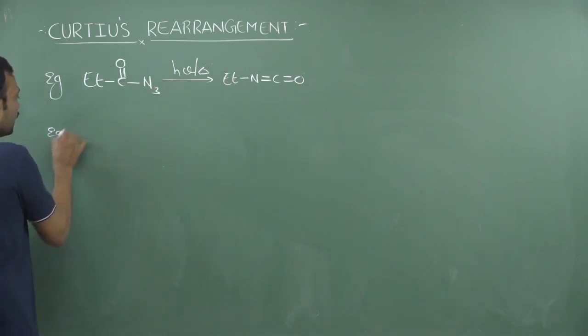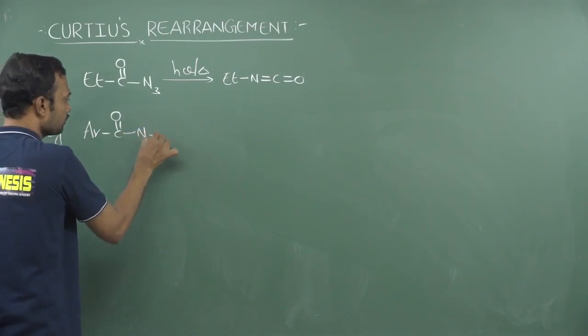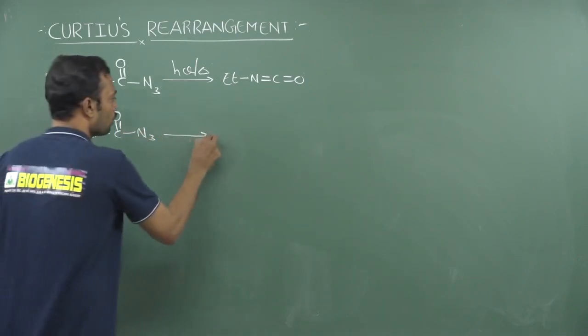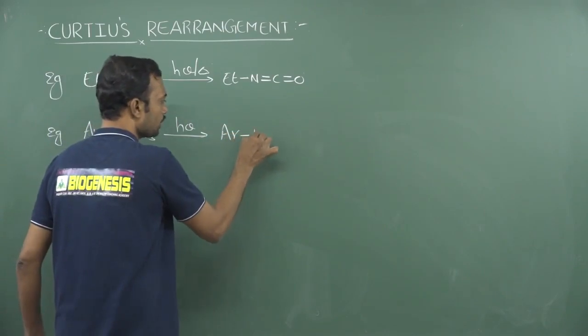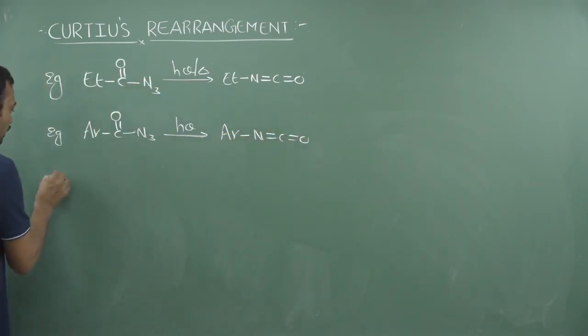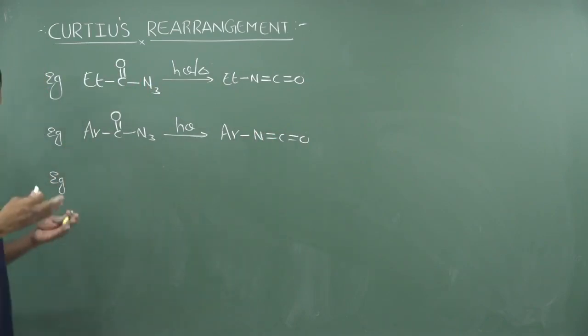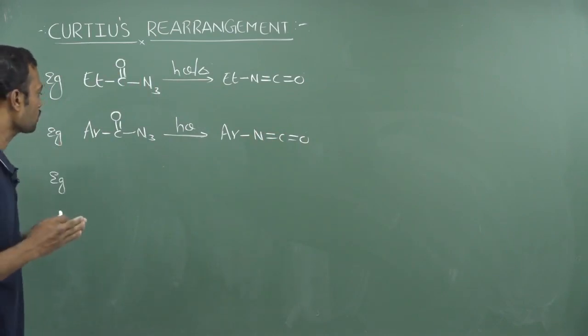You can take either aliphatic or aromatic. See, I am taking an aromatic acyl azide. Ar means phenyl ring. Now you may take either thermal or photochemical conditions. Finally, this benzene ring attaches to N C double bond O like this. Okay, so electron releasing groups increase the rate of reaction and withdrawing groups decrease the rate of reaction. Okay, that point is most important.